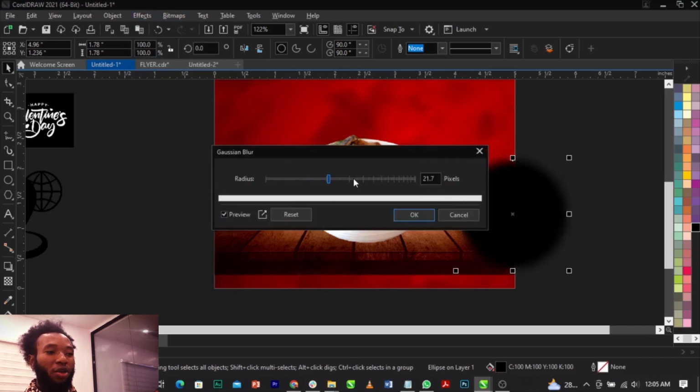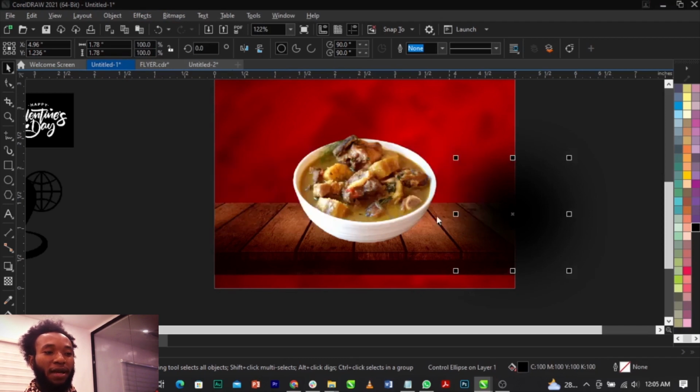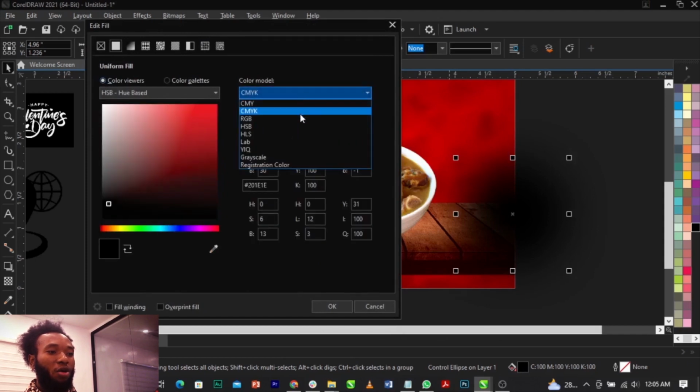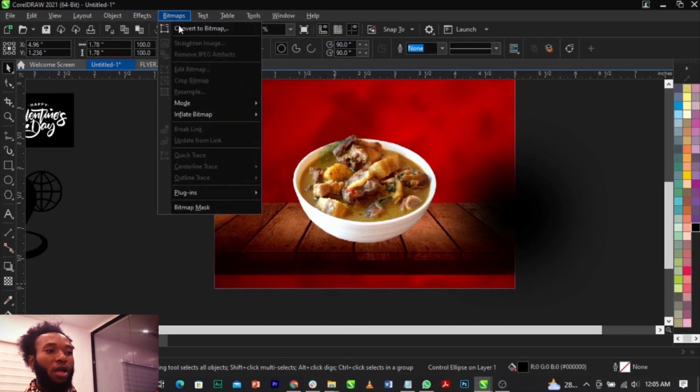Select Gaussian Blur. You can blur it. All right, once you do that, then click on OK. Then make sure it's at perfect black. So come to Color Viewer, Color Model, RGB, then make it perfect black, and you can convert it to